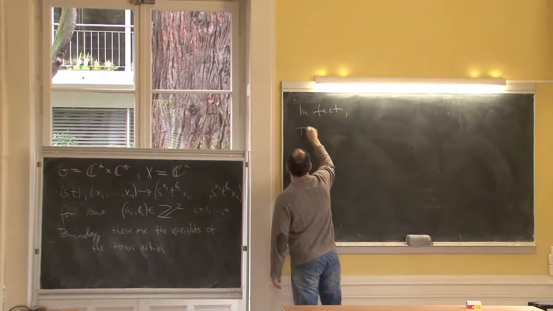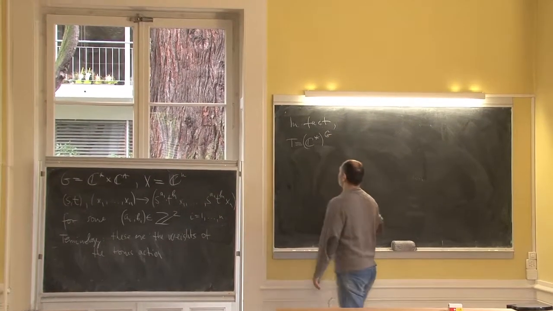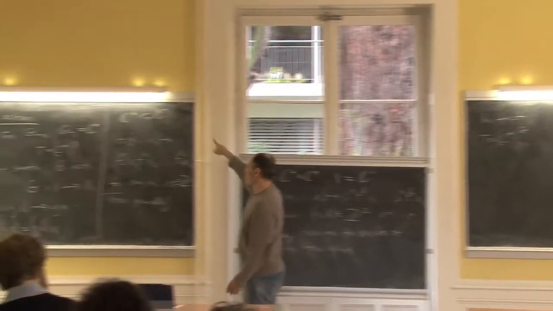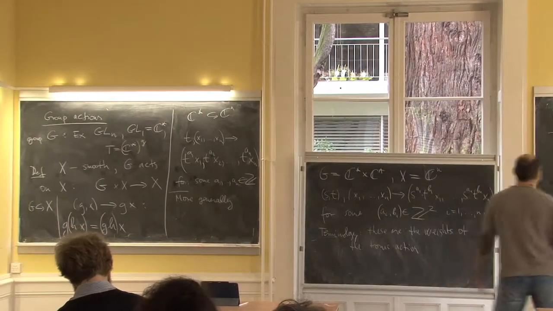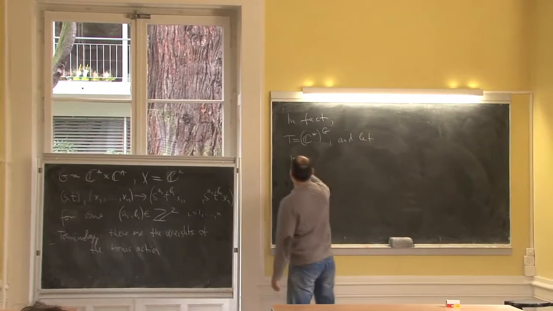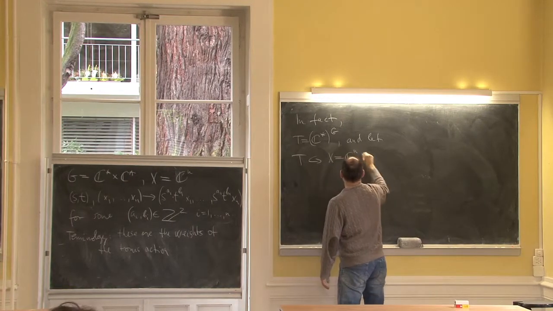So let's take T to be just C star to the power g. And let's take, so this is not necessary here, but I only looked at these situations, and let T acting on C^n be a